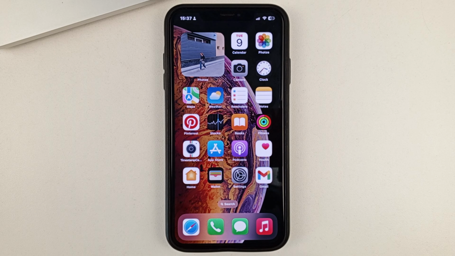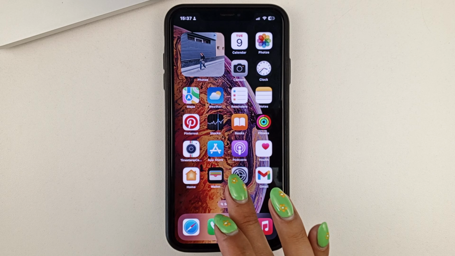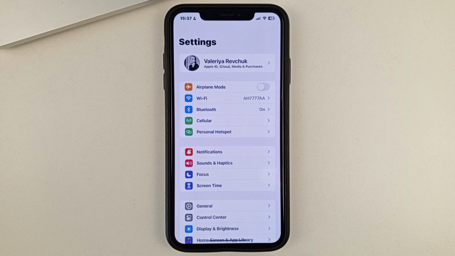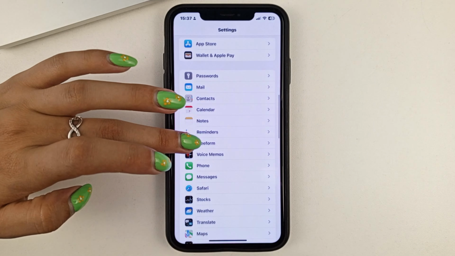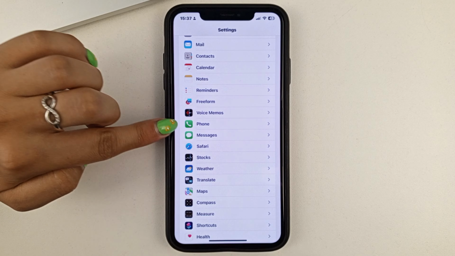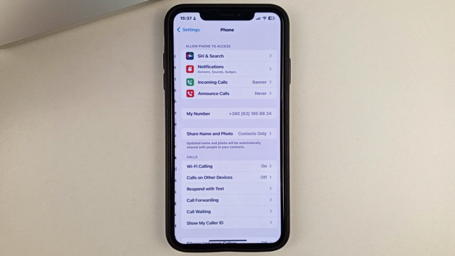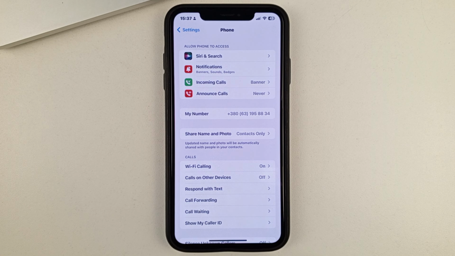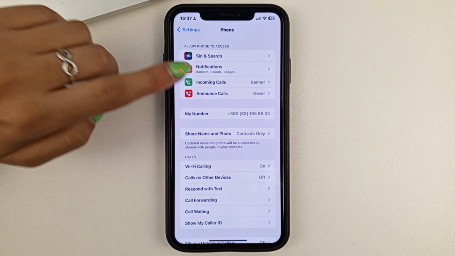So let's get down to the topic. Please open up your iPhone's settings. Next, you'll need to scroll down until you see Phone or Contacts. Next, click on My Number.